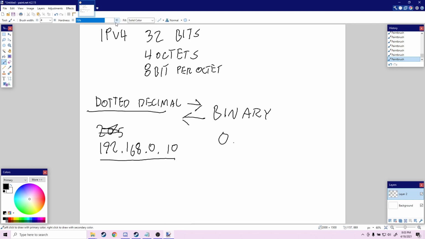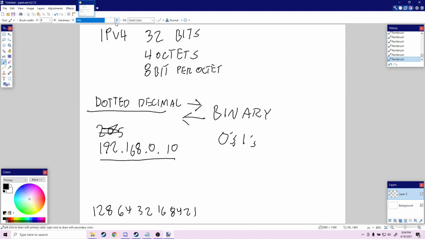Binary, of course, being ones and zeros. So if we're going to convert this dotted decimal into binary, it's as simple as looking at each octet and figuring out what those mean in ones and zeros. But to figure that out, you have to start with these numbers: 128, 64, 32, 16, 8, 4, 2, 1. Each of these numbers represents one bit of information within that octet,